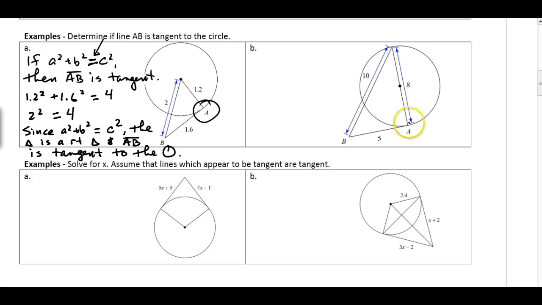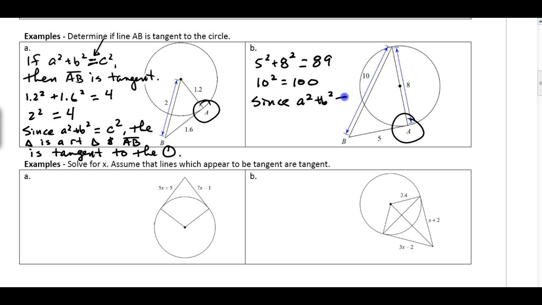Okay, so again, if this is tangent, we're going to have a right angle here. If that's a right angle, then in this triangle, the 8 and the 5 would be the legs. So I'm going to compare 5 squared and 8 squared. That comes out to be 89, and I want to compare that to 10 squared. That's 100. So in this case, since a squared plus b squared does not equal c squared,